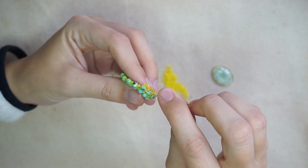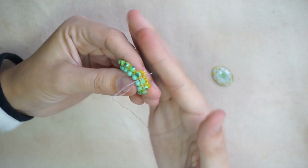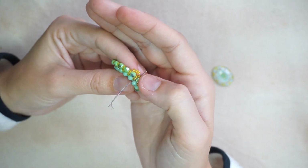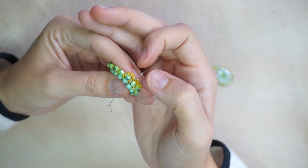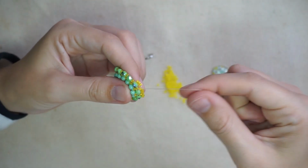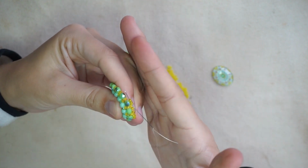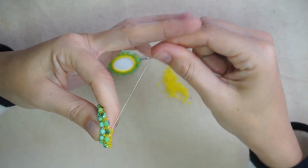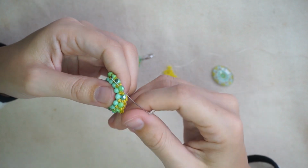So okay, I will go through the last seed bead of the previous unit, and it's the first bead of this unit, and also all 3 newly added beads, and then I will go through the next fire polished bead,